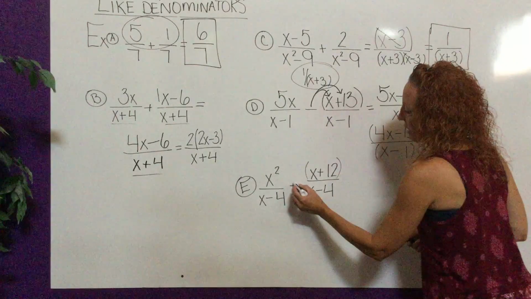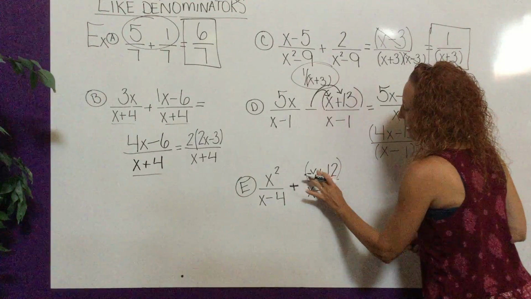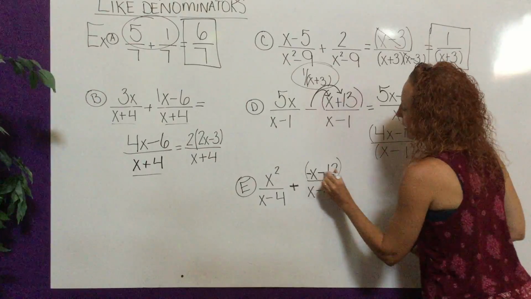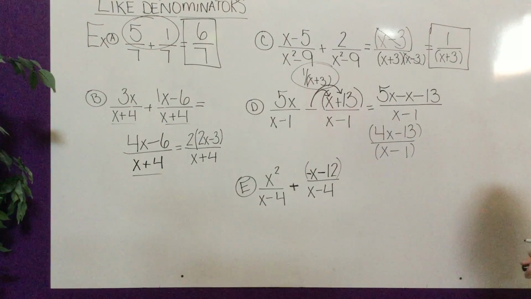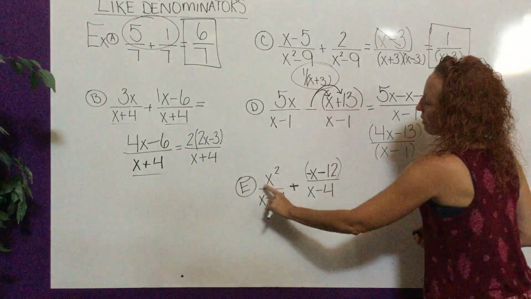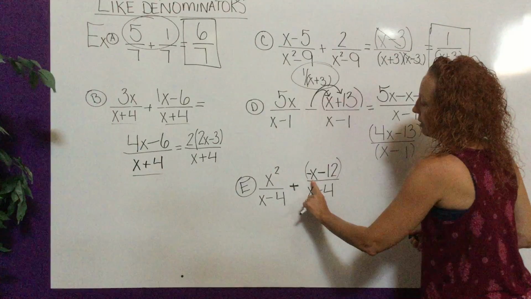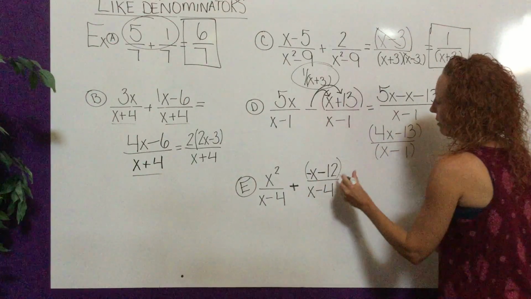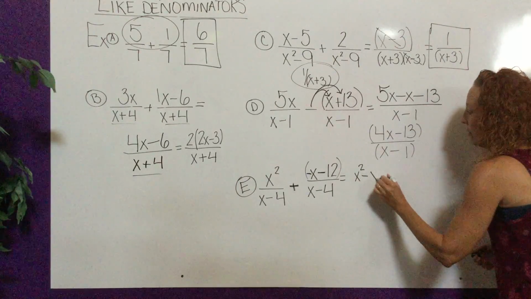So you are going to change this to a plus, and then everything here changes signs. So here's another way to do that. That's what I was talking about with the erasing piece. And so let's look for our like terms. Well, I don't have any other x squares, don't have any x terms, and I don't have any constants. So this is the whole numerator